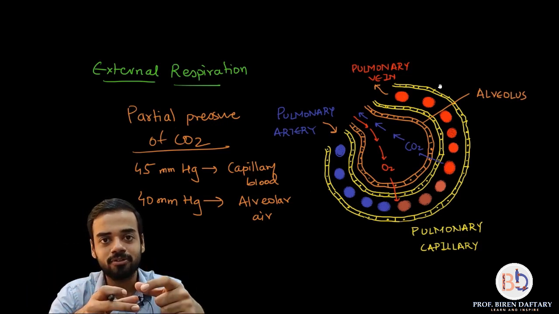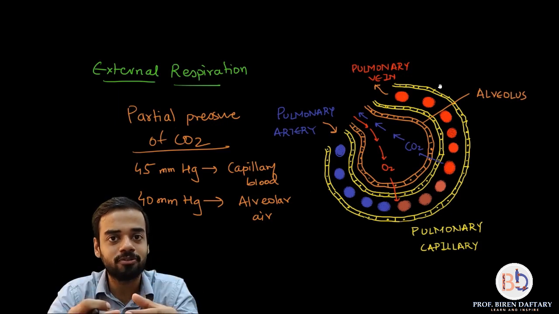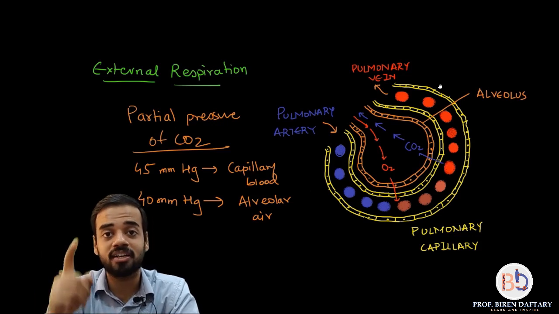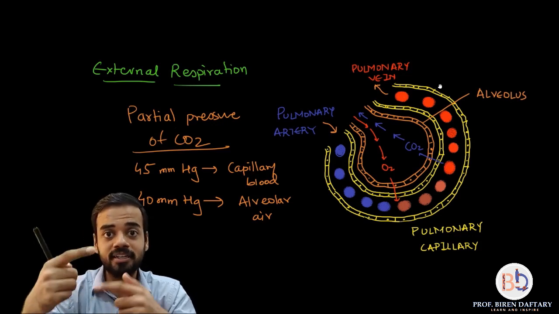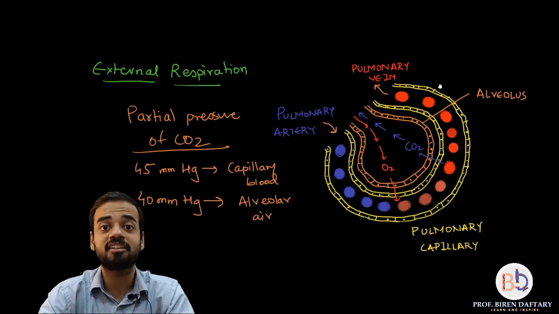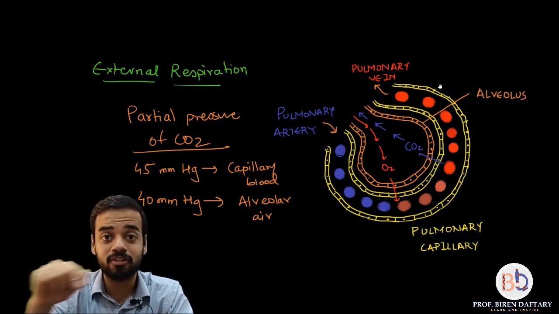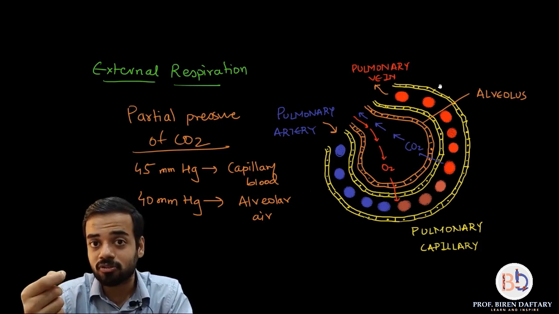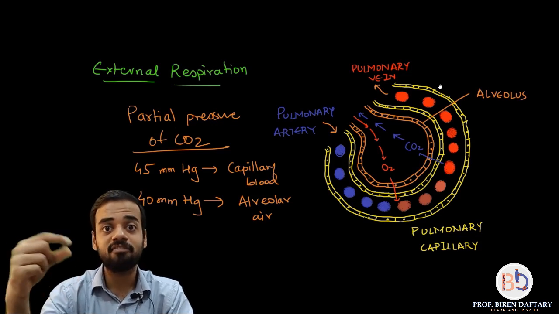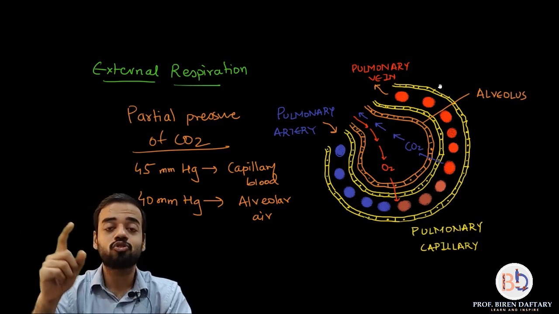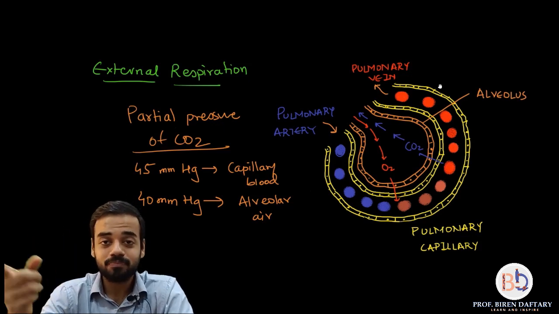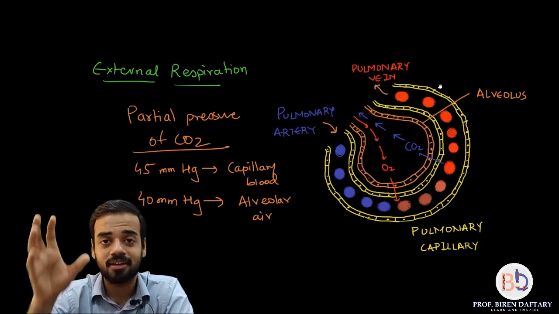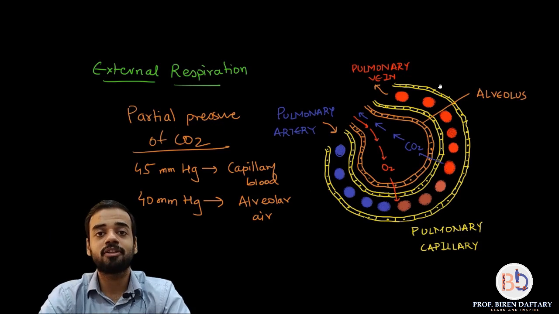Also, that diagram I had shown how vessels divide, so I hope even that is clear. Arteries divide into arterioles, they divide into capillaries, they divide into venules, and then vein. Where is the exchange occurring? Exchange is only occurring in the capillaries. Please remember, materials cannot diffuse from arteries because arteries are very thick walled, because the blood is flowing with a lot of pressure. Even through arterioles, diffusion cannot occur because arterioles are also thick walled, but capillaries are thin walled. Again, venules are thick walled, veins are thick walled. So exchange of materials from the cell and the blood can occur only in the capillaries. Please remember this. Okay, so guys, we have finished with the topic for today.